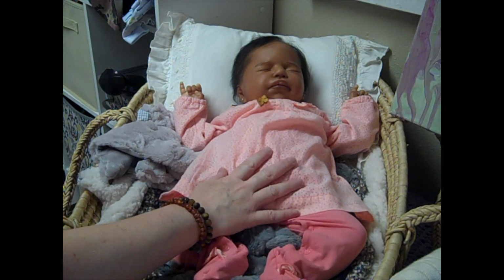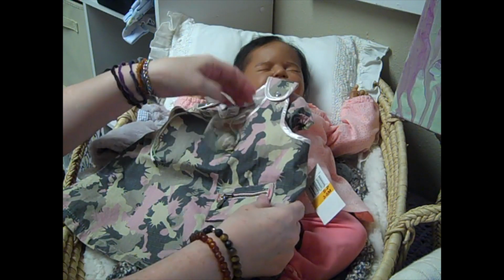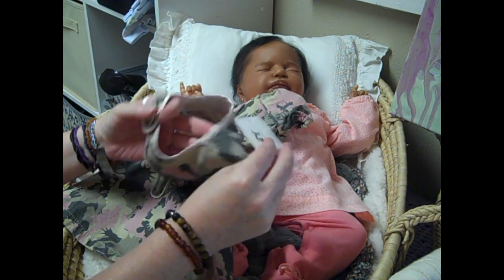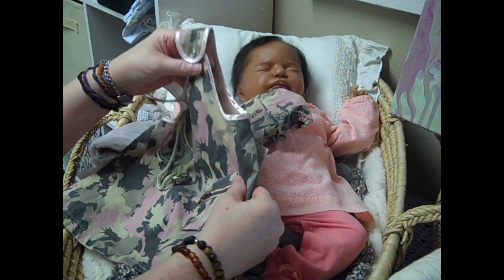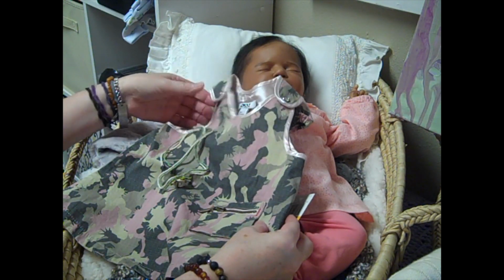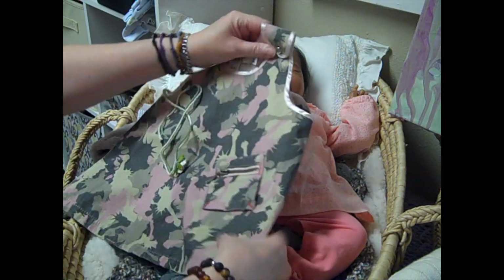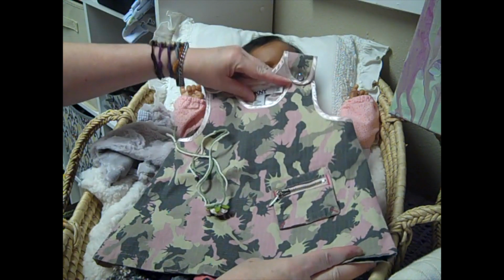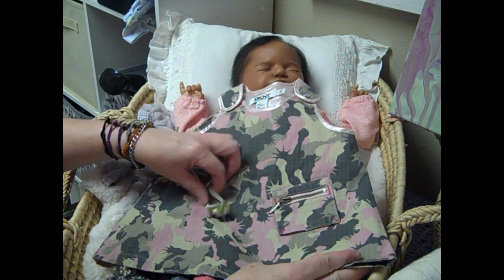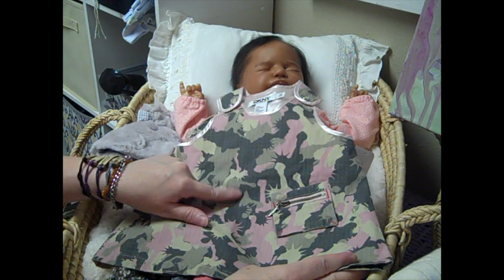So I'm going to take her out of this jammy and put this dress on her. I'll have to hide the tag. As I've shared before, when I do photo shoots, if the tag is hideable, I leave it on. If it's not, I do have to cut it off. I'm going to put her in this little sleeveless dress. It's Donna Karan of New York, DKNY. I guess it's a kind of camouflage, that army green and darker green and